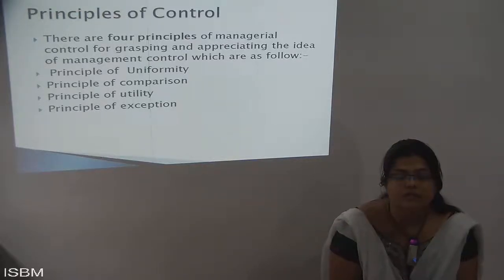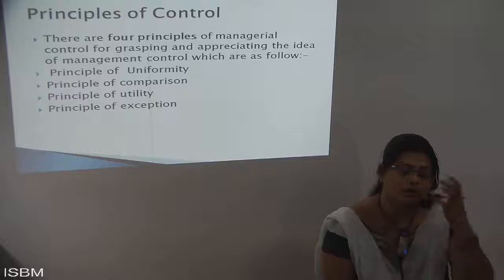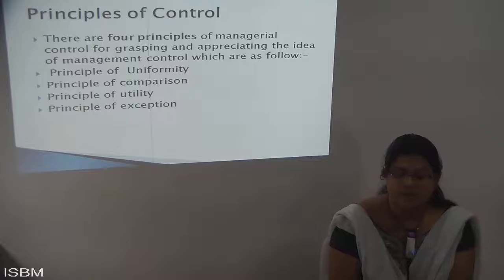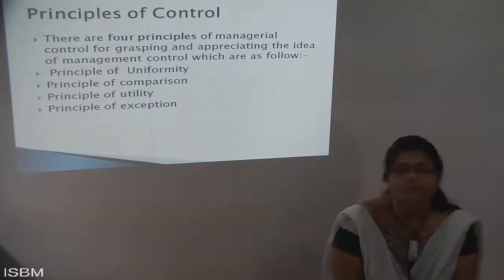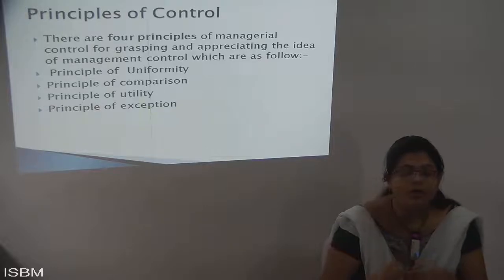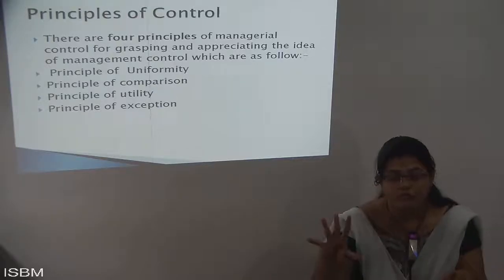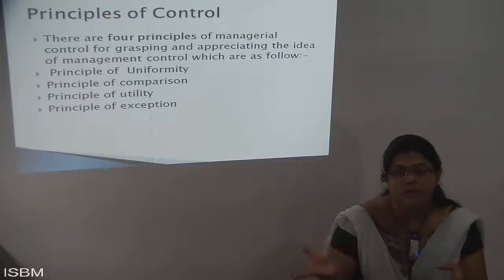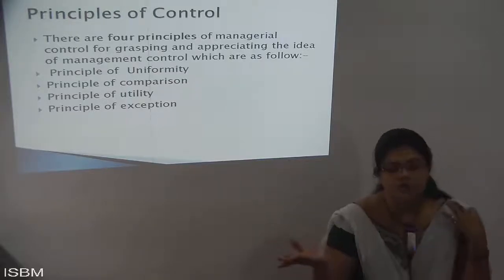Next is utility. Utility in the sense that you can use one type of principle of utility. You know how to control each and every work in the right direction by following the principles. Next, there should be certain principles of exception. Exceptions in the sense that it is something not related to it. It's a part of it, but you are not including that type of terms and conditions in the part. It's an exception where you're following it. I will follow, but internally I won't indulge in the process or in any kind of policy from the outside. That is the kind of exception you make.